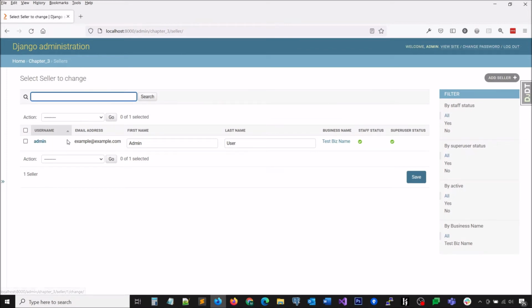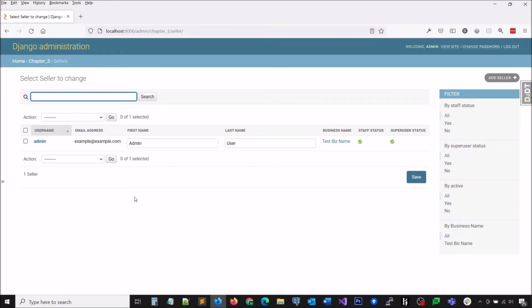We can see that at least in my table I only have the one user or seller, whichever you want to call it, that was provided in the Chapter 3 data fixture. You may have some more if you've gone through some of the exercises throughout the book,